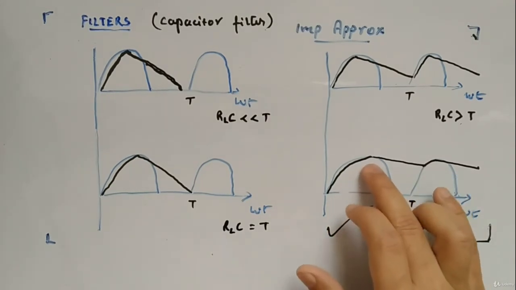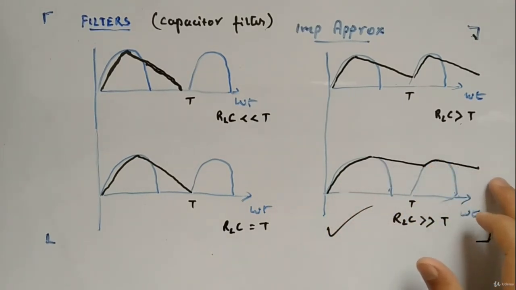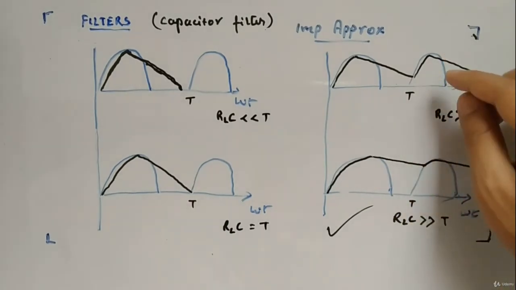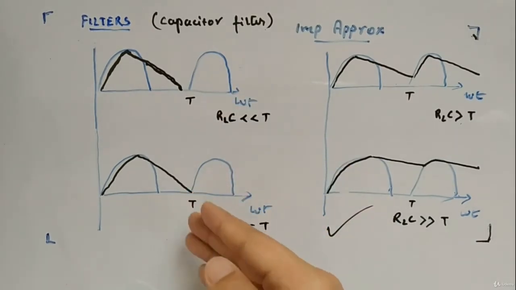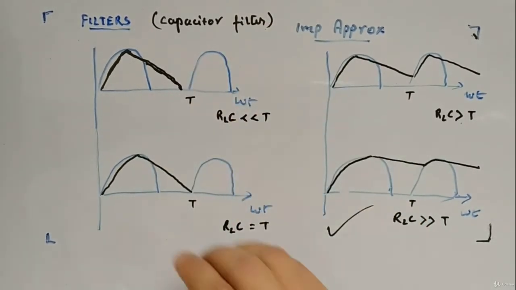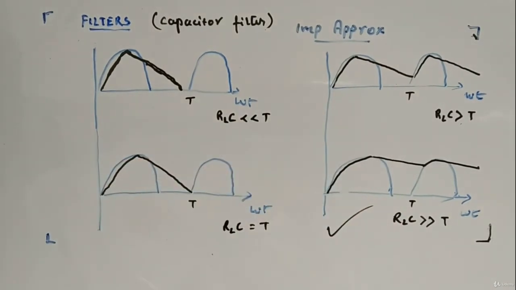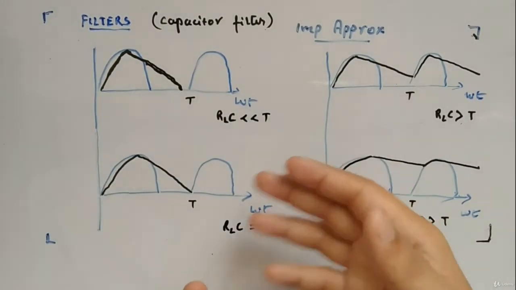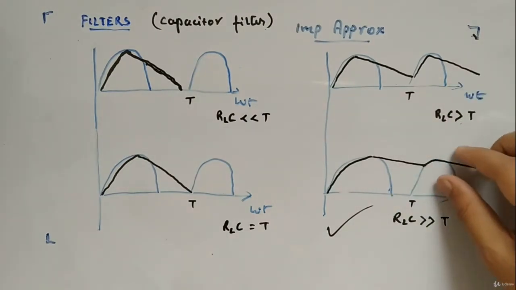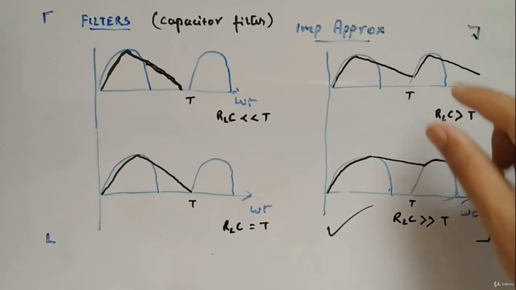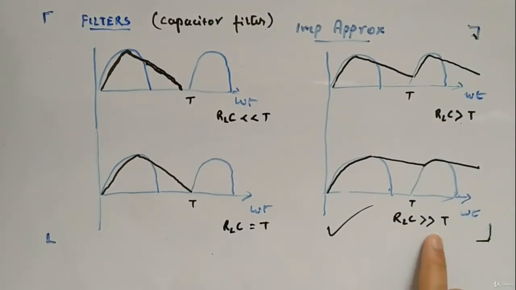So it will charge, discharge, then charge, then discharge, charge. Okay, there will be small ripples. That is the difference between these two cases. These two cases are anyway not preferred, because they are not able to track the input, they are not able to provide a DC line. They are decaying to 0, but these are not decaying to 0, and out of these two we are preferring this case because the ripple is less. Okay, so we'll be using this approximation now.